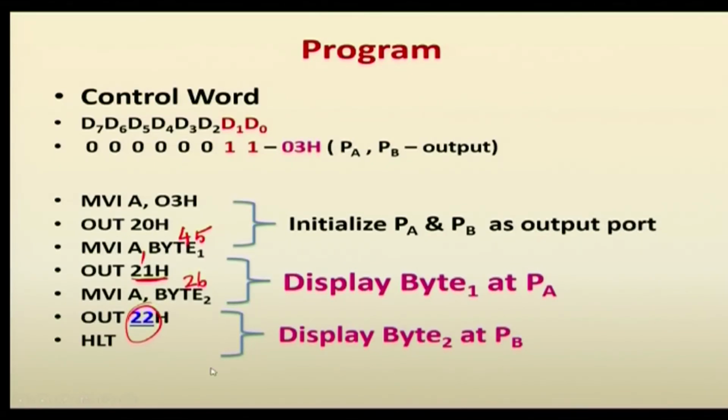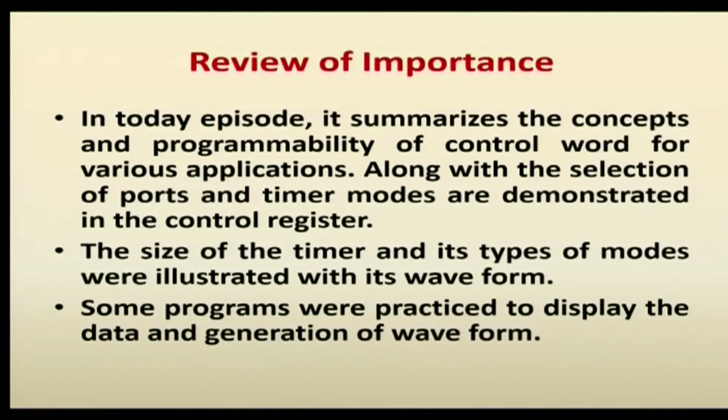If we have to calculate the port address, then we have to initialize the corresponding value, then automatically the program will be executed. Today's session we have discussed the control word, ports and timer. These 3 are very important in 8155 interfacing. We have to first initialize the control word based on our requirements, then we have to know how many ports are available with how many pins, then what modes of operation are available in the timer also. The timer has 4 different modes. Based on our required applications, we can select any one of the modes.